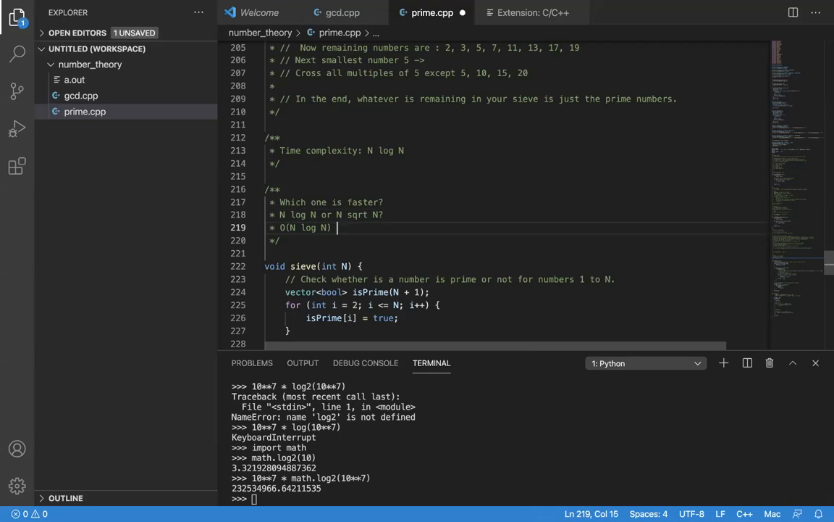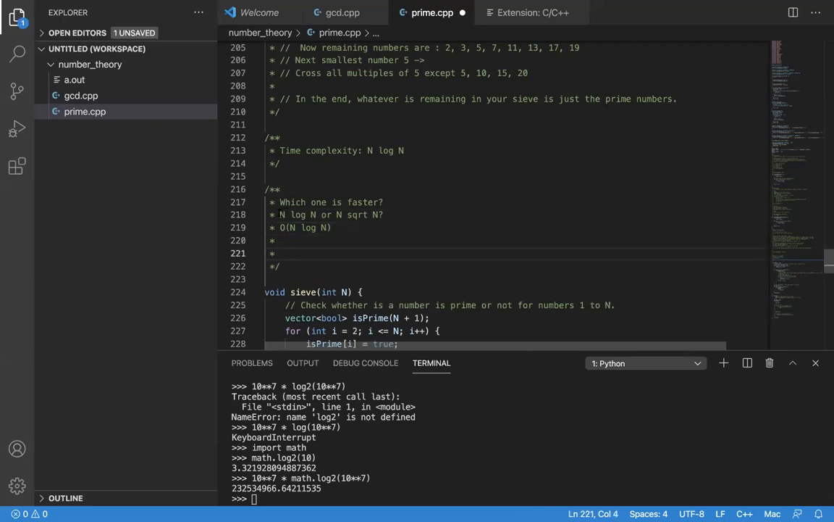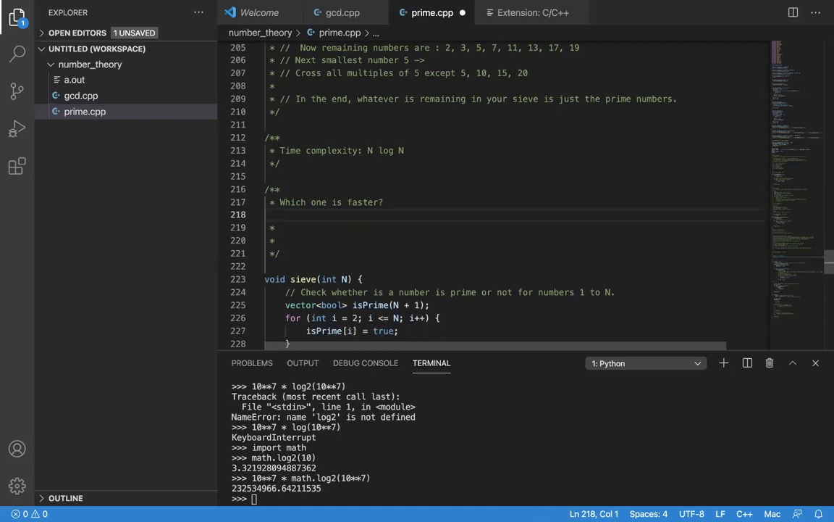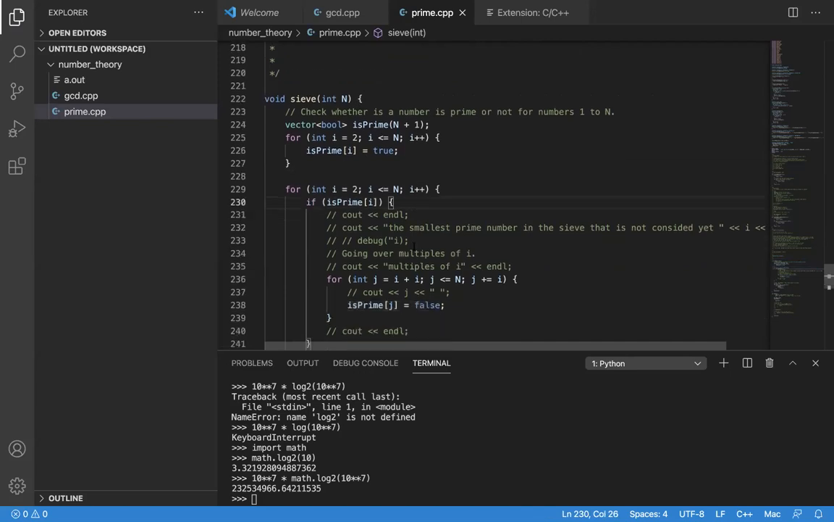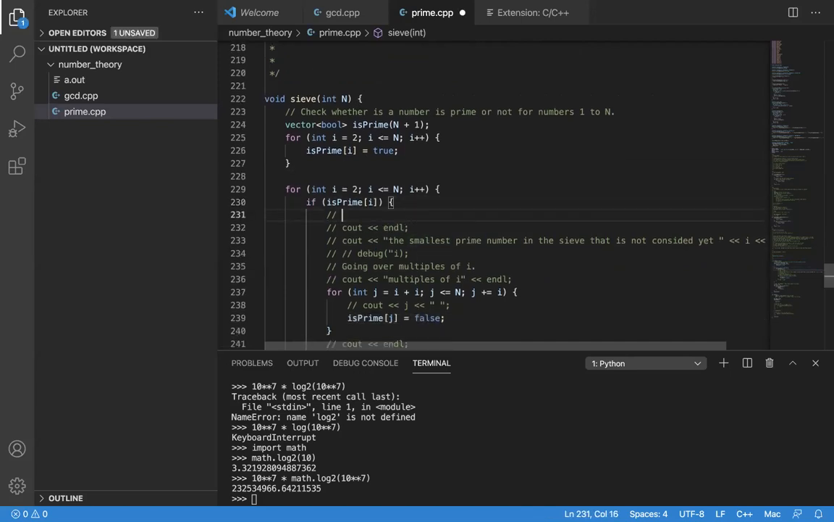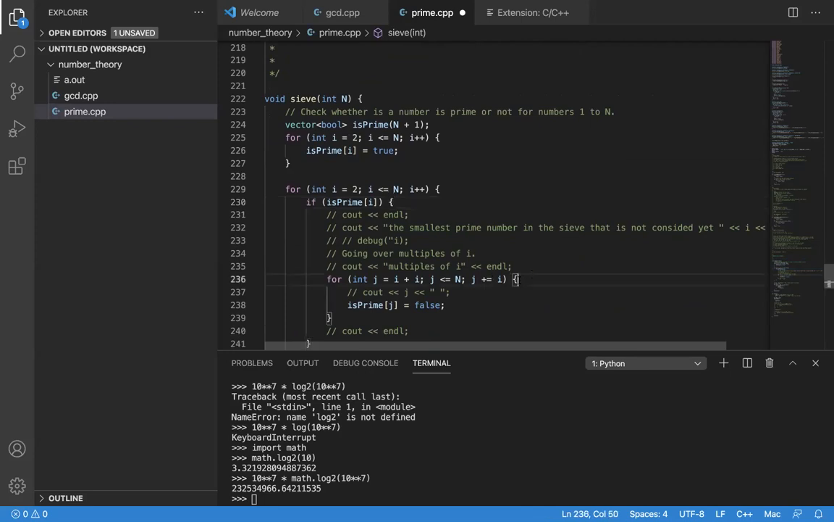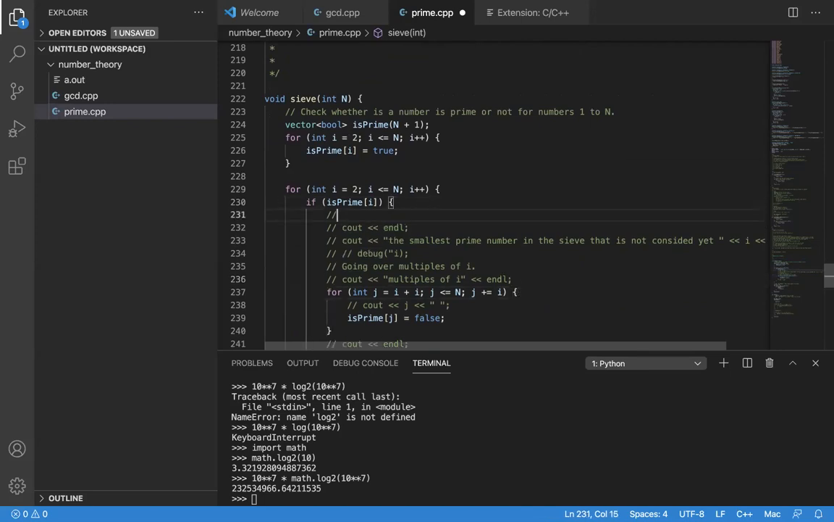Fine. So how do I prove this? How many steps will it take? For each i, how many steps will the inner iteration take? It is going over all multiples of i. So for a given i,